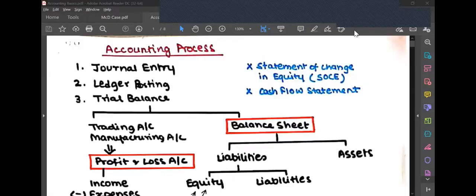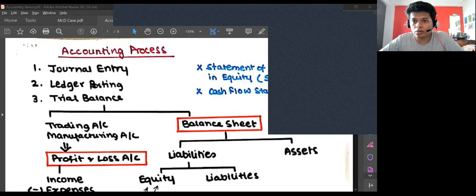Now, just to understand the concept, you guys are not going to be accountants. So don't go too much into detail of what's happening everywhere. You just have to basically understand what the balance sheet and profit and loss account look like, and in which way each transaction affects the profit and loss account and balance sheet. Okay, so I've made a few slides. I'll just share my screen and let's quickly get started. I want to keep this session as short as possible. So I hope you can see my screen and you can see me as well.